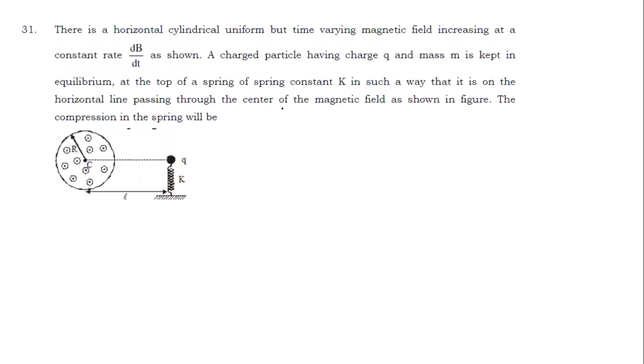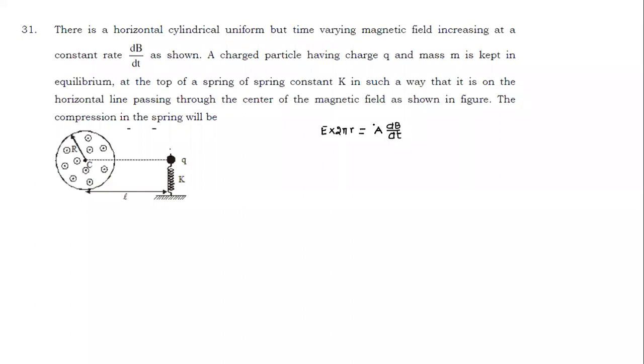Let's look at this question here, a time varying magnetic field. Whenever we have a time varying magnetic field, if you have to calculate the field at a distance R, we can always think of EMF. This is the equation: E into 2 pi R is equal to EMF, that is equal to d phi by dt. And in this case, it is area into dB by dt. That's the equation we use whether the point is inside or outside.